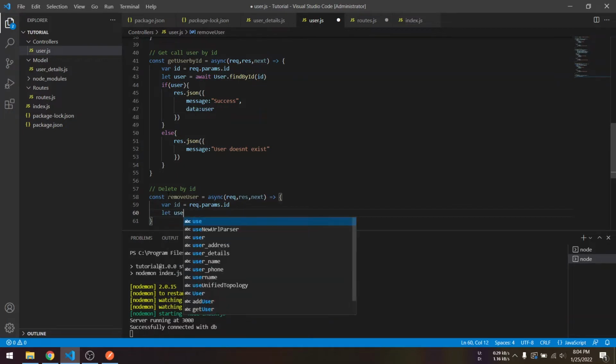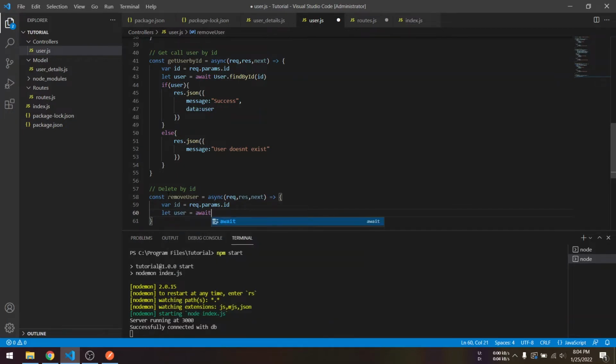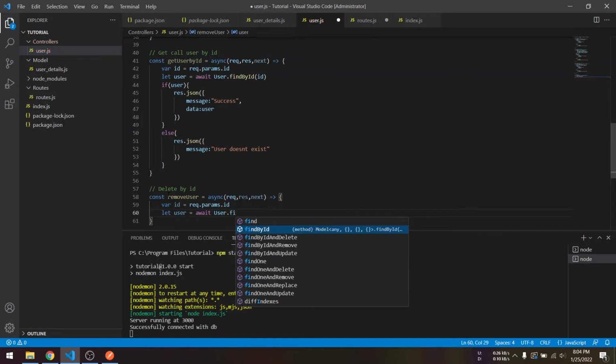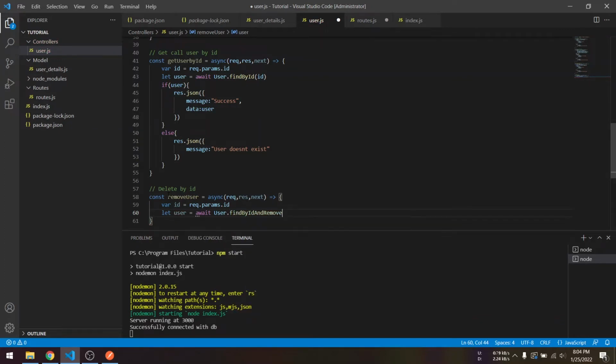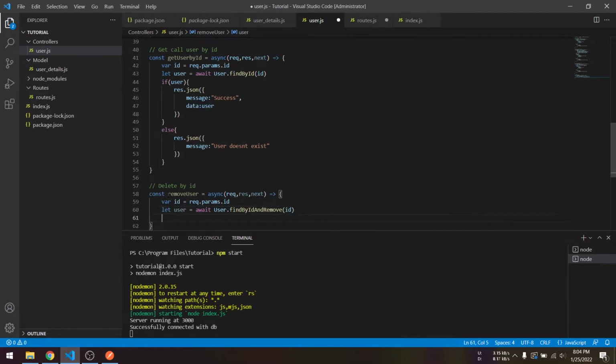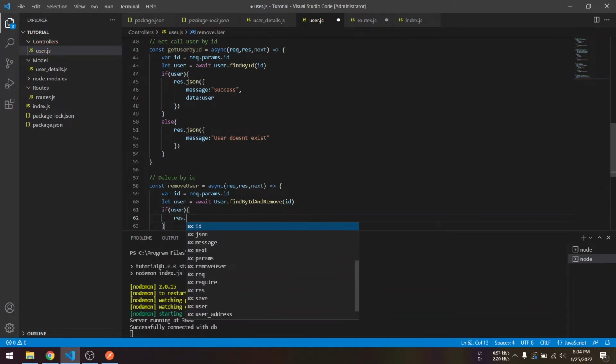Let user equals to await user dot find by id and remove. This method you will use, and inside it we'll pass the id. So if the user is present and it is deleted, then we'll have the message